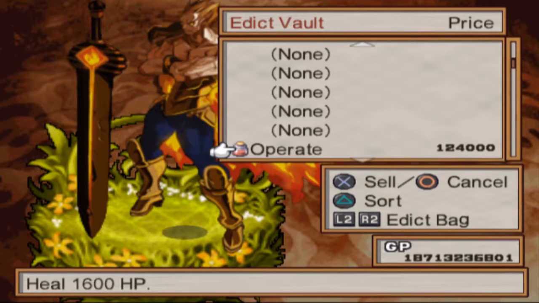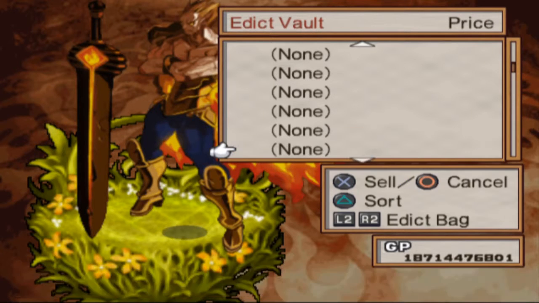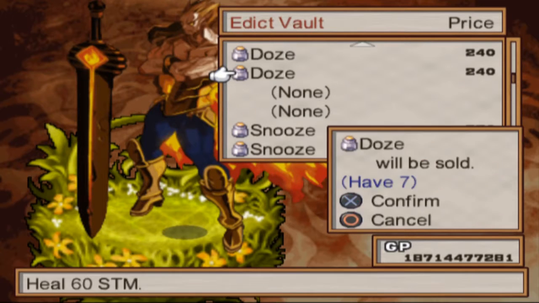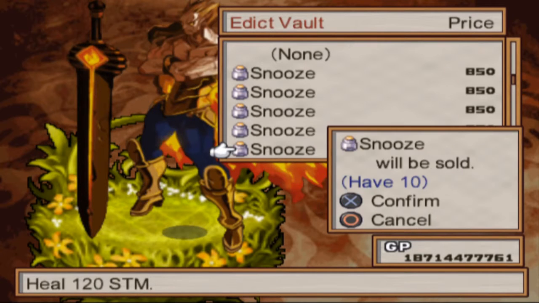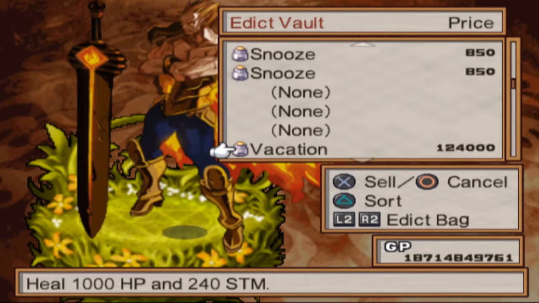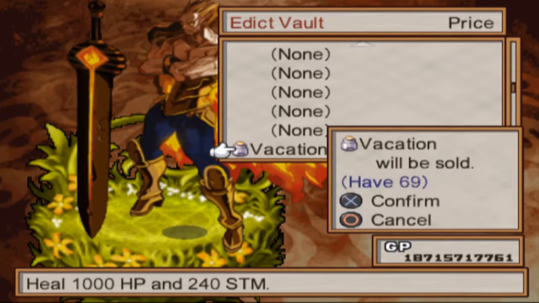I have a lot of upgrades. Holy crud, I don't need that many. I can get as many as I want from the... Wait, I thought I actually deleted this. Did I not save? Oh well. Those are now useless because... keep snooze. Vacation. Holy crud, that's a lot of vacation. Vacation is very good because I'll just max out my entire...